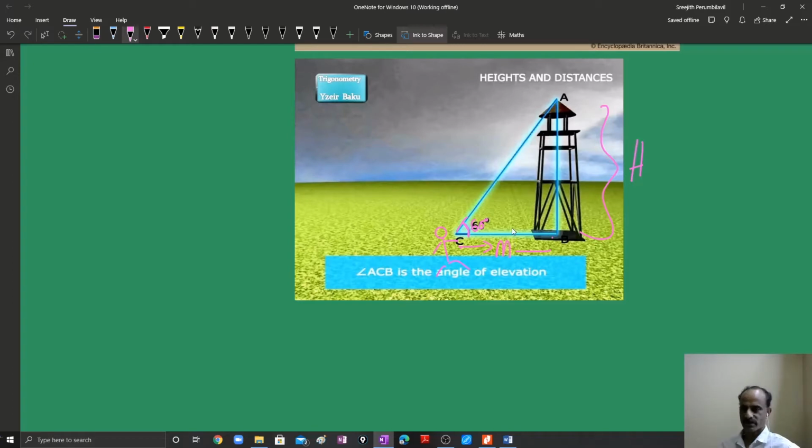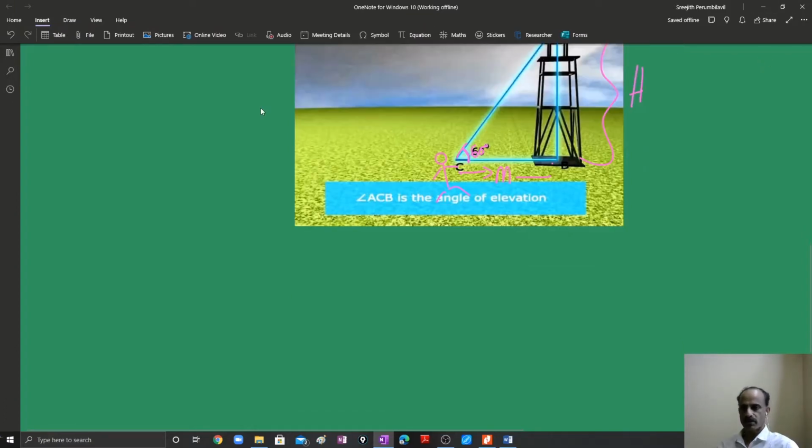Obviously, in this chapter, or in the next chapter, there is a chapter known as Heights and Distances, application of trigonometry. There we will be doing such questions. In fact, that's how it helps. Trigonometry has a lot of use in our day-to-day life. So, in order to begin with the chapter,